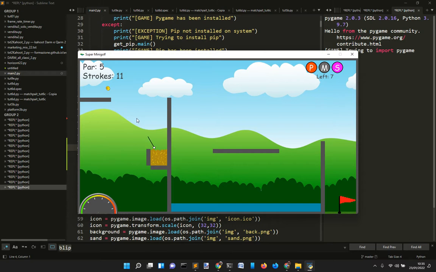It makes it more relaxing. You don't get frustrated when you don't make the right shot. Nope. Okay, so that's how